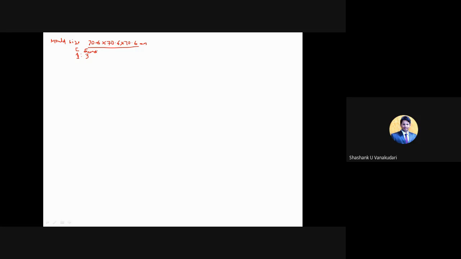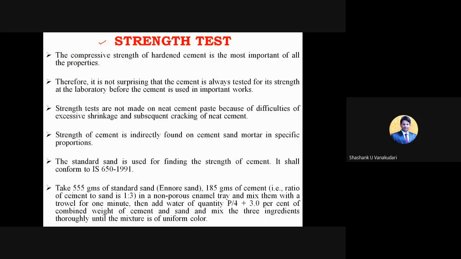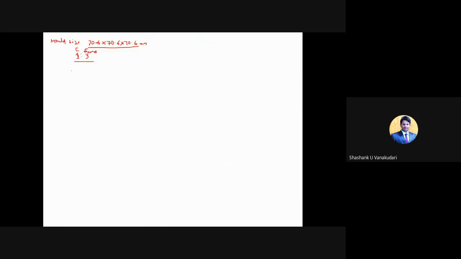I'm writing with the mouse, so the letters won't be proper; just understand the concept. So 1:3 now. For example, here they have given the known quantity of the cement. How much do they need to consider? You can take any proportions, but as per laboratory considerations, here we can take 200 grams of cement, and what will be the quantity of the sand here?